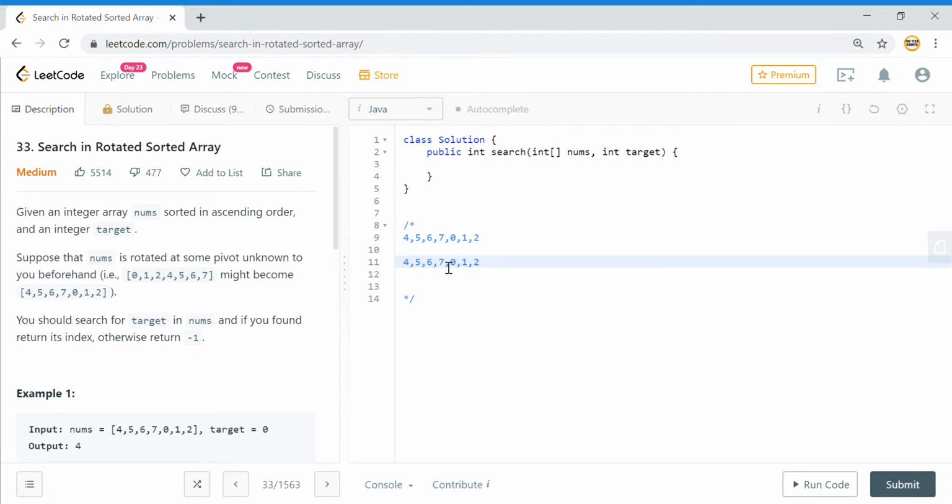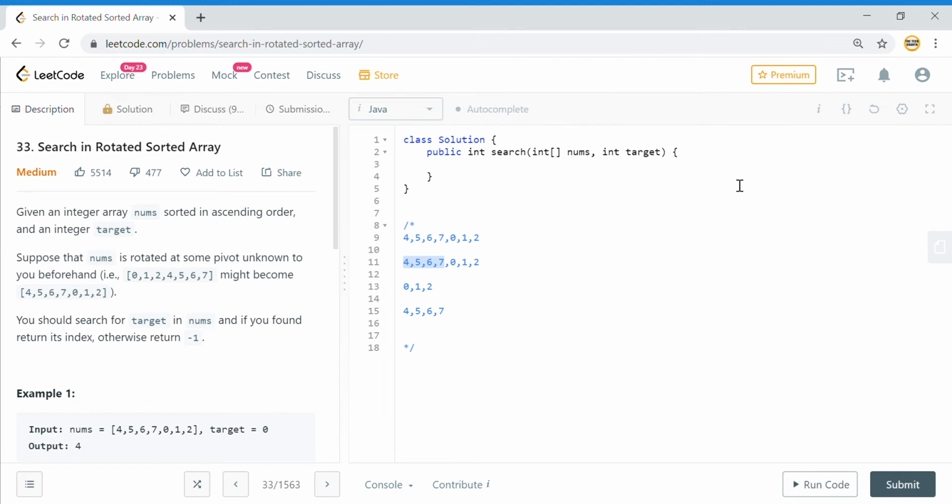Okay, so suppose I did a binary search and I found that 0 is my point of pivot. The target that is given to me will either be present in this sub array, or in this sub array. Suppose they have given a target like 5, you need to find 5. I got the pivot point as 0 and my high point is 2. So I know that 5 will be present on the left side of my pivot. So I can do a binary search from 0 to pivot -1.